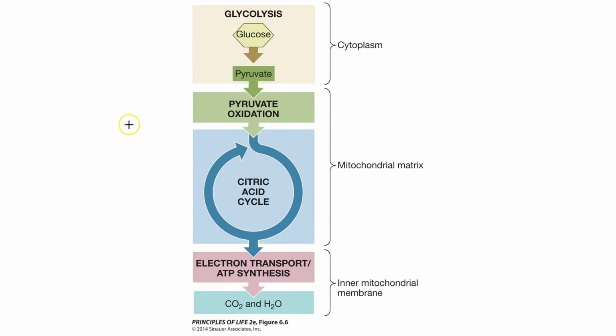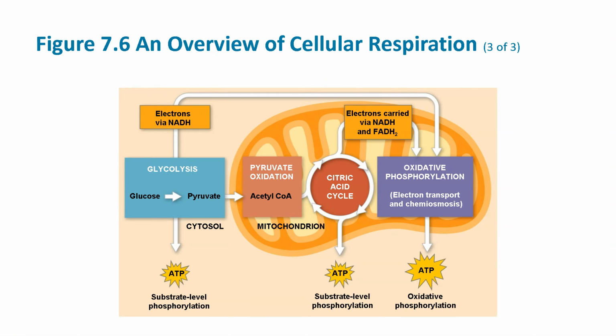Being able to draw this and explain it would be an amazing study tool, study habit, note card, something like that. Glucose is broken down to pyruvate in the cytoplasm. If O2 is around, those pyruvates go into the mitochondrial matrix, where they're further changed. Then those products are shuttled into the citric acid cycle. And then products from the citric acid cycle go to the inner mitochondrial membrane, where we make, again, the goal, ATP. Okay?